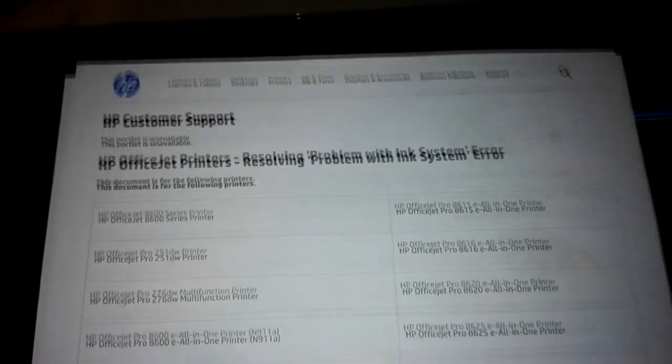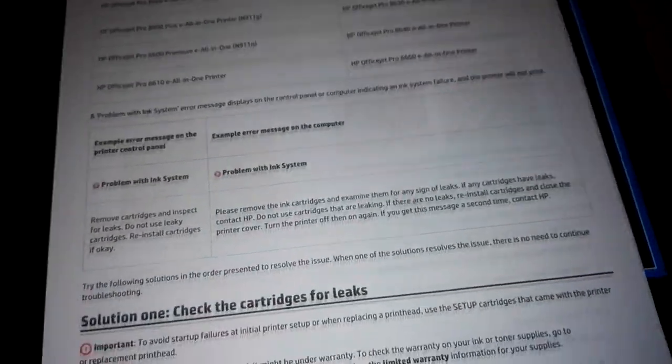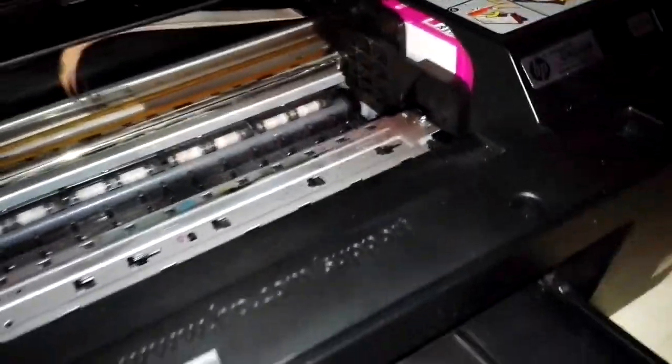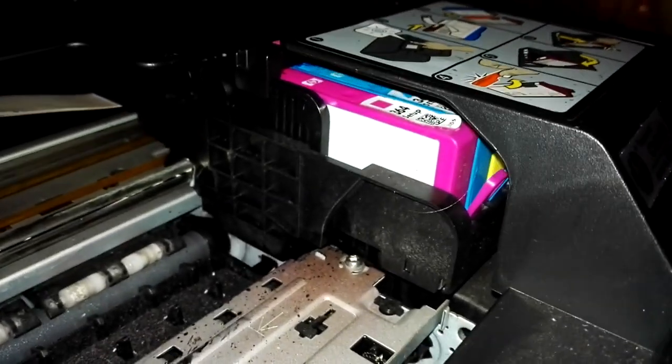So let's first of all take a look at the HP website. I printed this with my Pro 8620, and let you see what this tells you. So the first solution is to check the cartridges for leaks. Well, this ink system failure, one of the failures of the ink system, is caused by really too used cartridges and too many refills done,